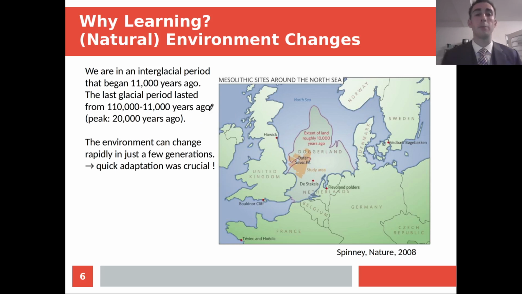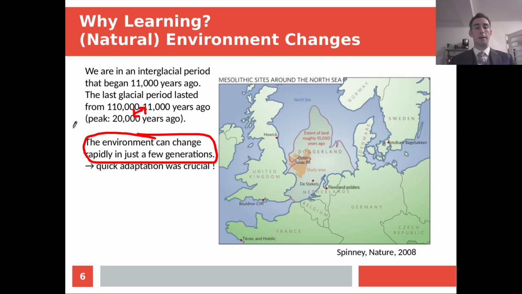Another reason that learning is really important is, for example, for humans, right now we're in an interglacial period in the Earth's history that began around 11,000 years ago. The last glacial period lasted about 100,000 years, between 110,000 years ago and 11,000 years ago, and the peak of the glacial period was 20,000 years ago. So it was really cold, and there were lots of glaciers, and there was more land because the seas were more frozen. What I want to say is that the environment can change rapidly in just a few generations. In 9,000 years, over a couple hundred generations,